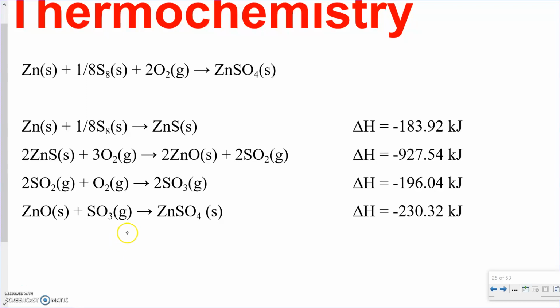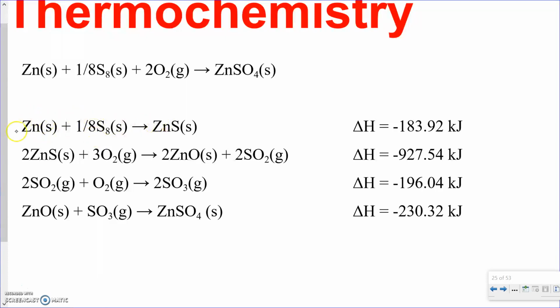Alright guys, we left off on this problem, so let's go through and look at these. Again, approach these as a puzzle. They're not meant to be difficult in any way, shape, or form. They just require a little bit of thought process. Okay, so the first reaction, zinc and sulfur forming zinc sulfide, I'm going to leave exactly the way